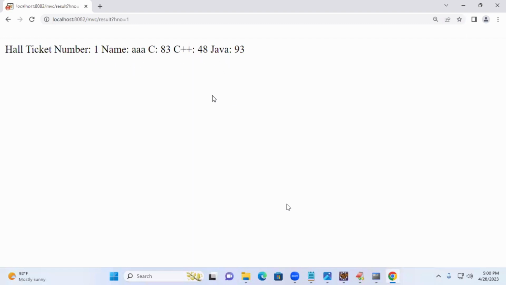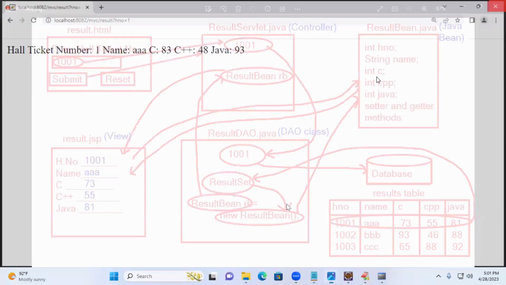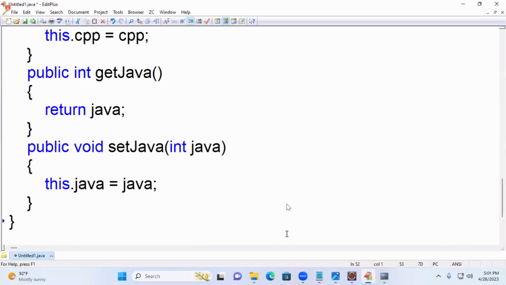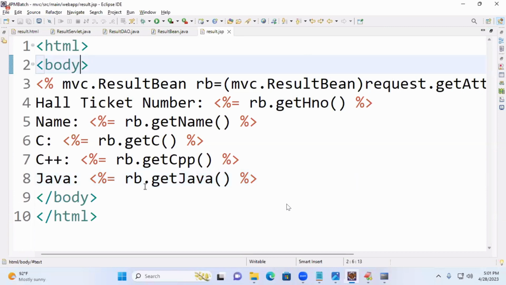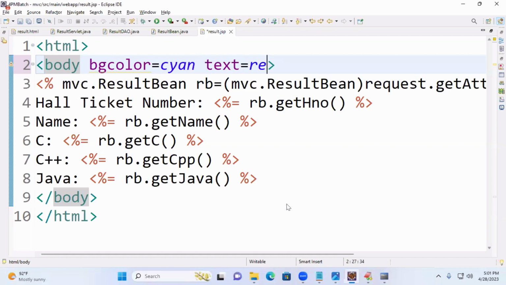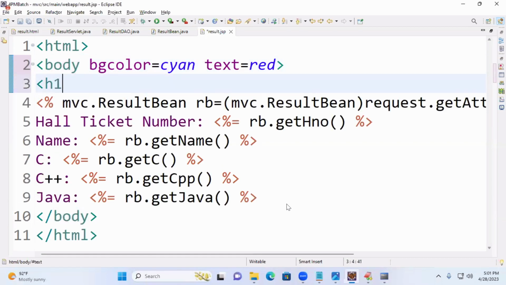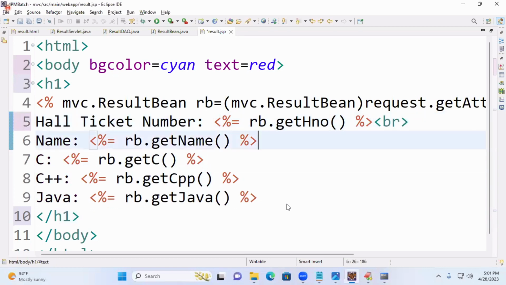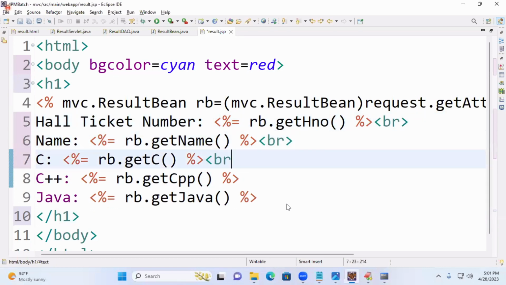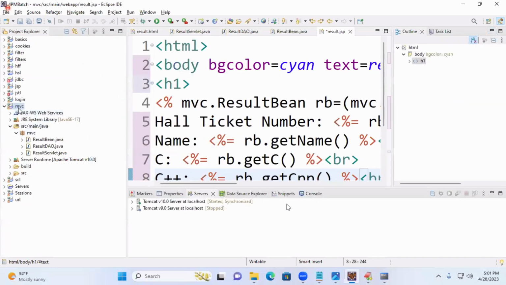We didn't write HTML colors, all those things. That's plain text. Line break also I didn't write. If you want, you can write line break, all those things here, in this JSP. You can write a level 1 heading. Now, line break. If you want table format, table tags also you can write. Now, see, if I run now,